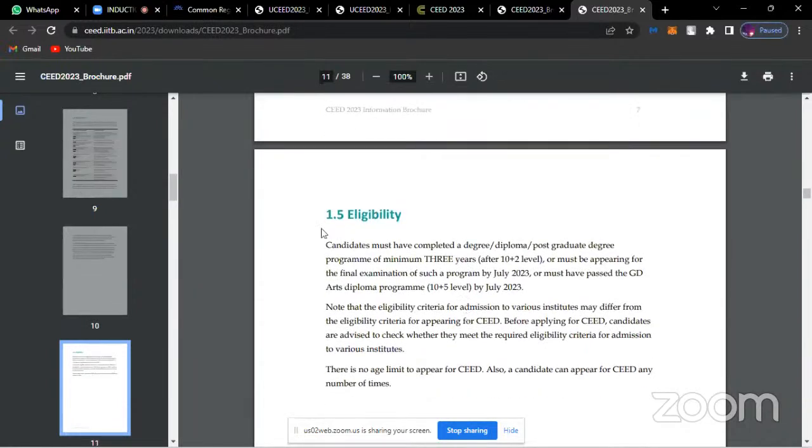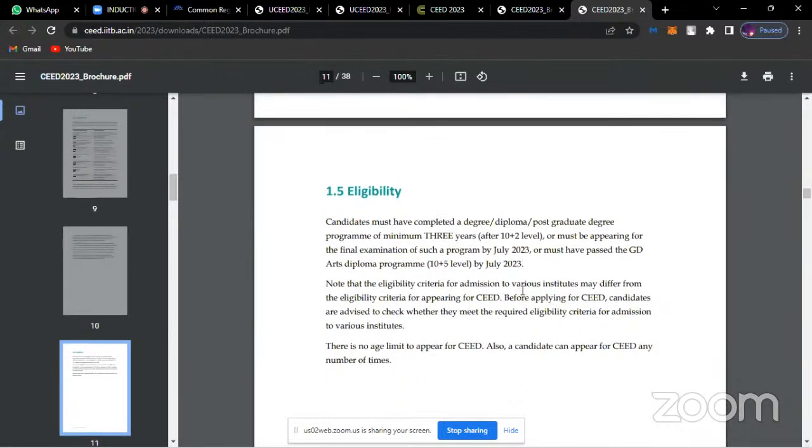All right. So eligibility over here. After your 12th boards, you should have a minimum of 3 years, either a degree or a diploma or any degree you should have by 2022 or 2023. All right.